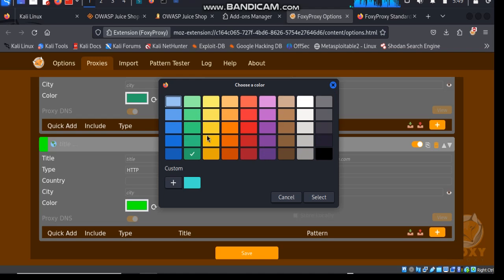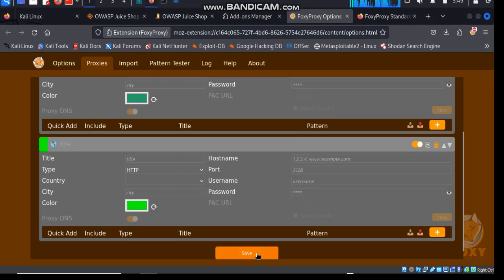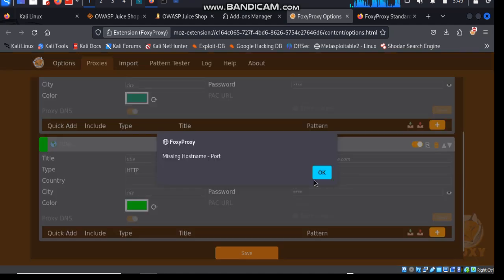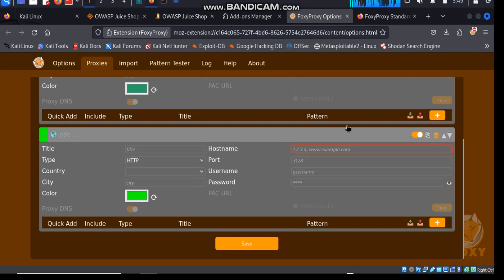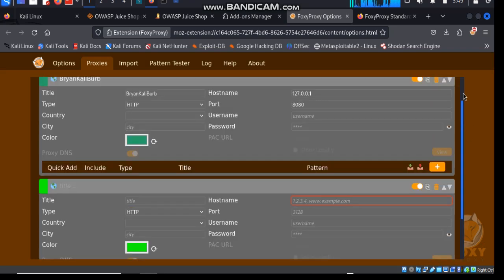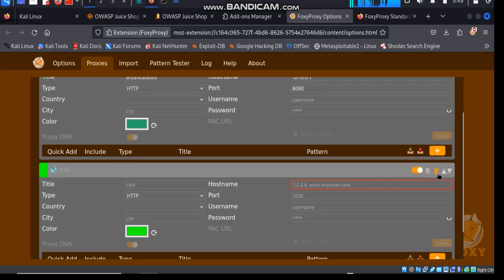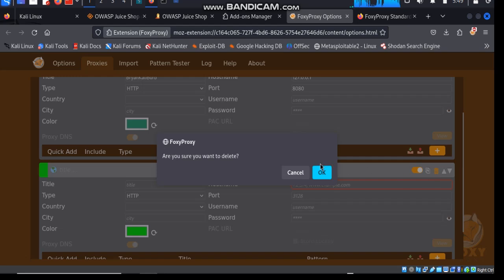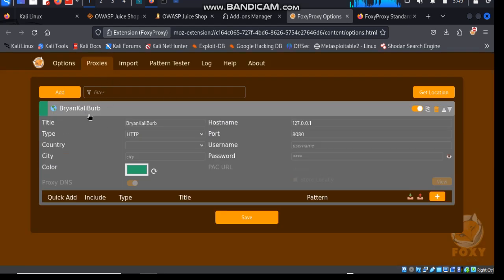Anyway, no problem. Once you're done, you just press save and close. Since I'm not using it, how do I close this one? Yeah, so that is it.